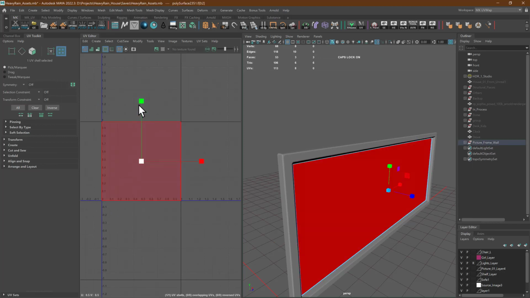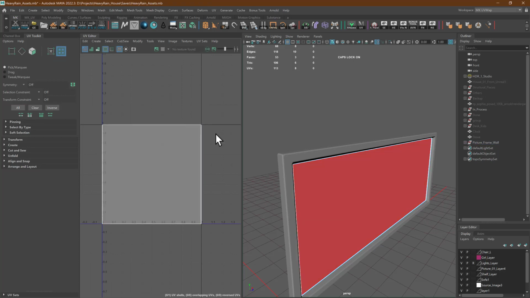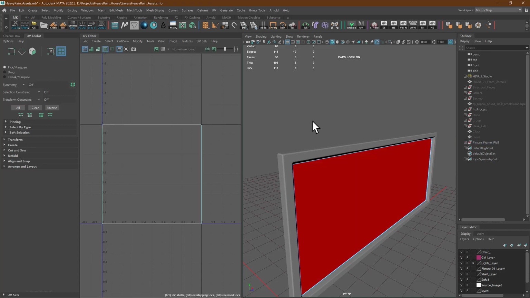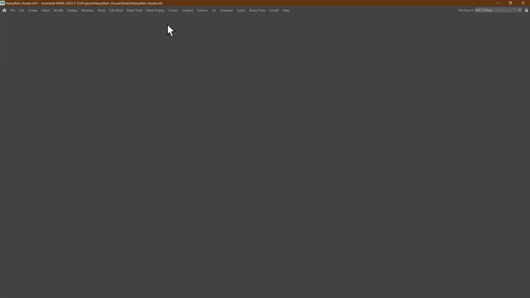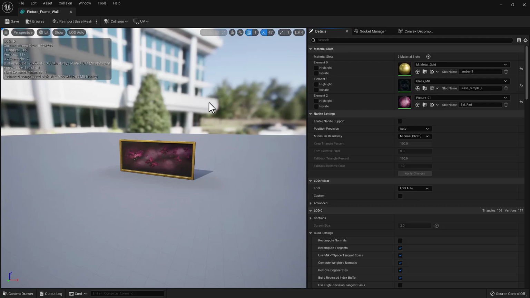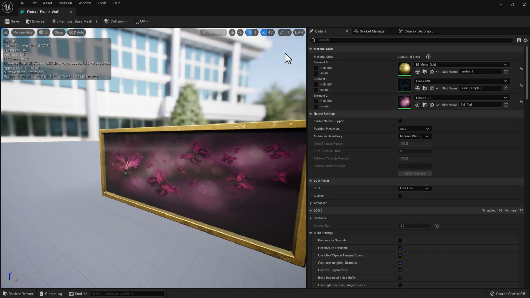It doesn't use our picture like that. If our picture is 16 to 9, Unreal Engine stretches it like this. That's the reason we can freely use our UV like that, and we don't have to worry about other things. That was the idea. So this is our picture frame with 3 elements,